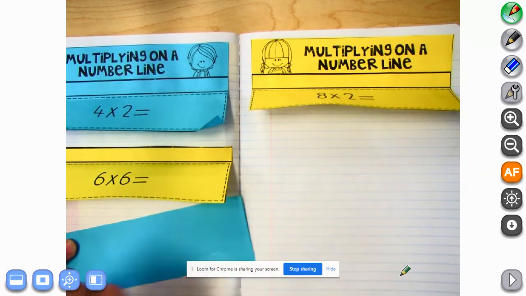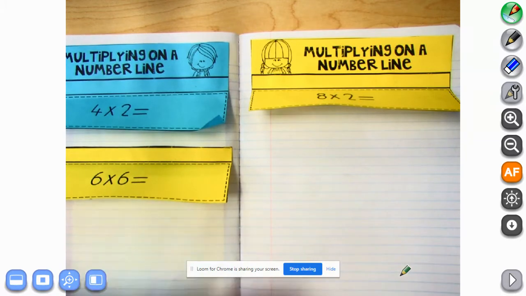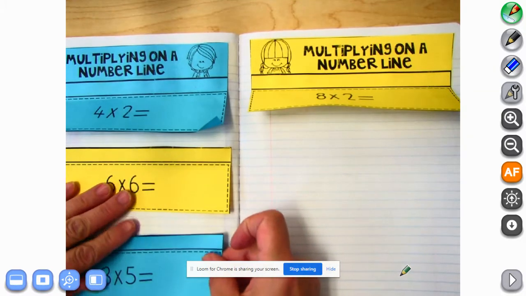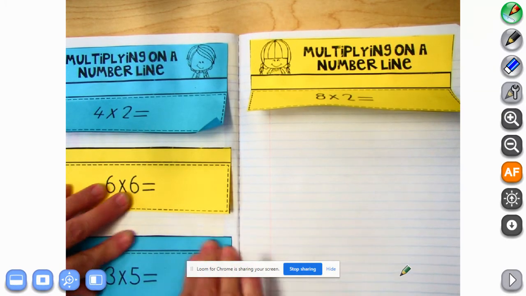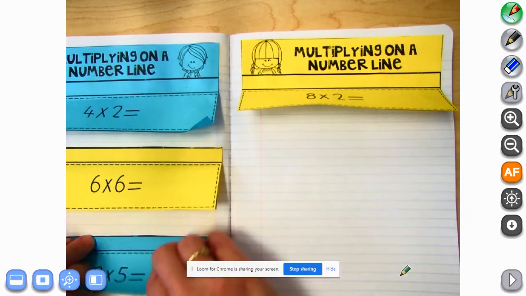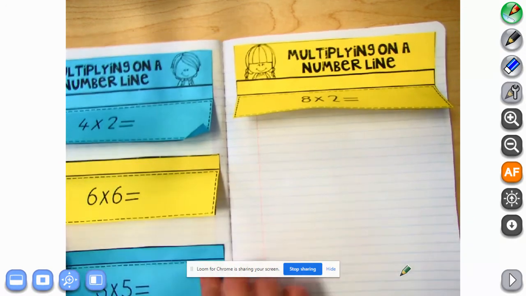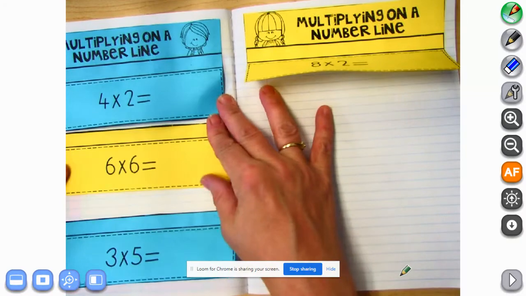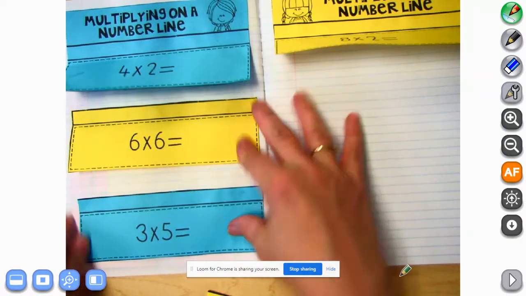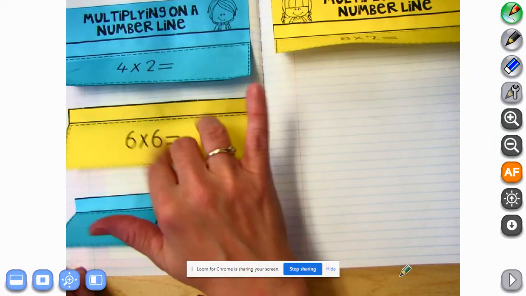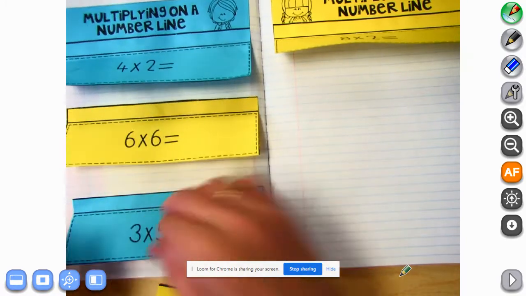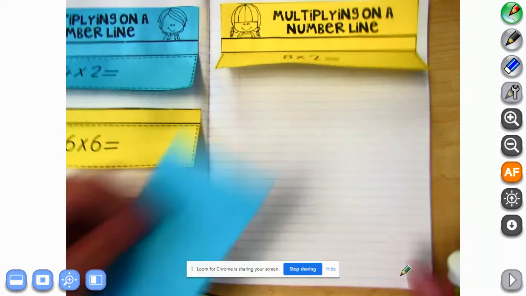I'm going to take this one. Glue it down here. And fold back that flap. Okay, so that you have 3 flaps. And I glued these two kind of close together. I didn't need to do that, but that's okay. And then on this side,